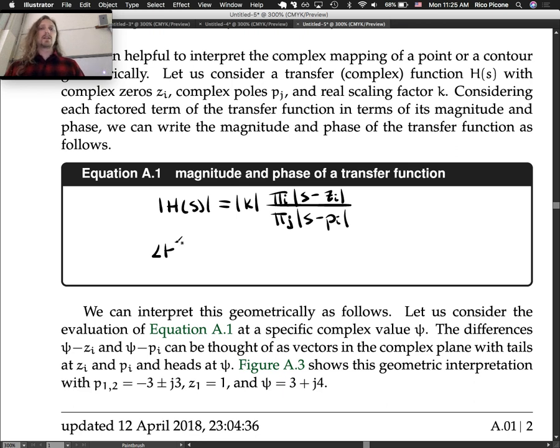So the phase of H of s is equal to the sum over all of the i's of the angle of s minus z_i, so the s minus the zeros, minus the sum over j of the angles of s minus p_j,